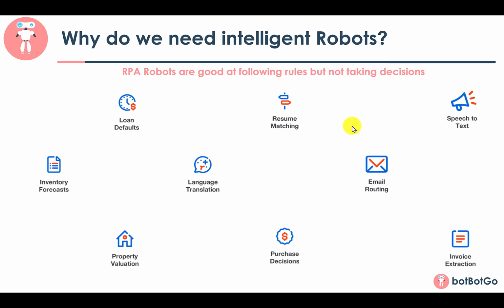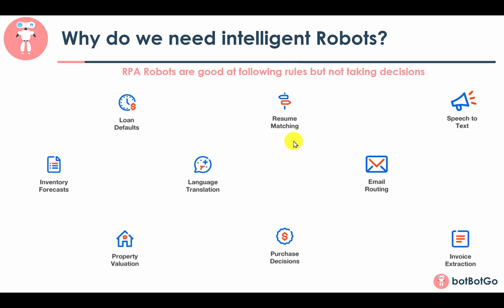They are all tasks which we do on a regular basis, but at the same time, there is also some kind of intelligence that is needed to automate this task. So for example, in case of resume matching, the resumes are so different from each other, so it's not easy to define a rule which can actually classify resumes on the basis of the text in it.